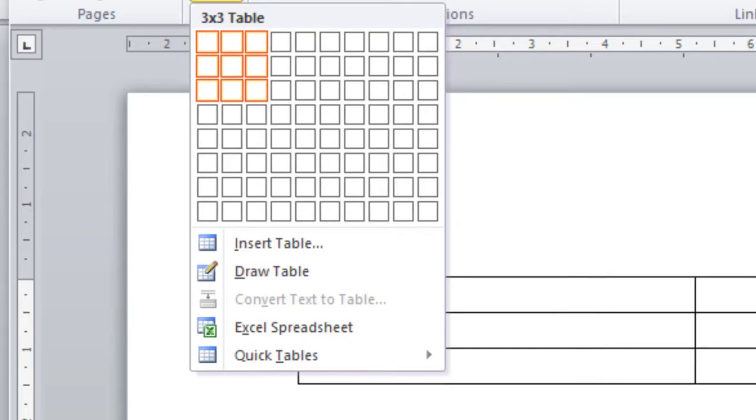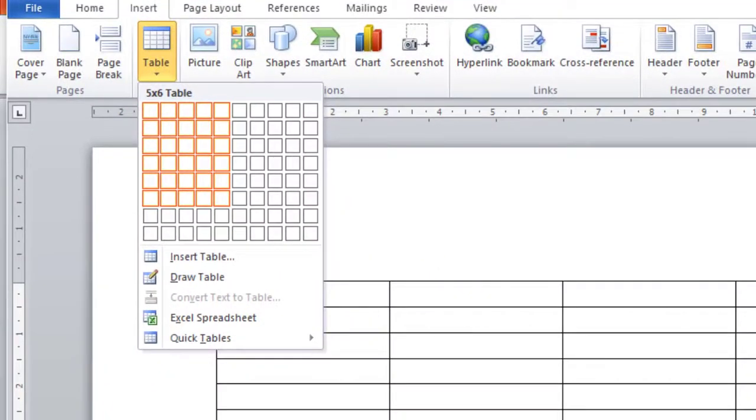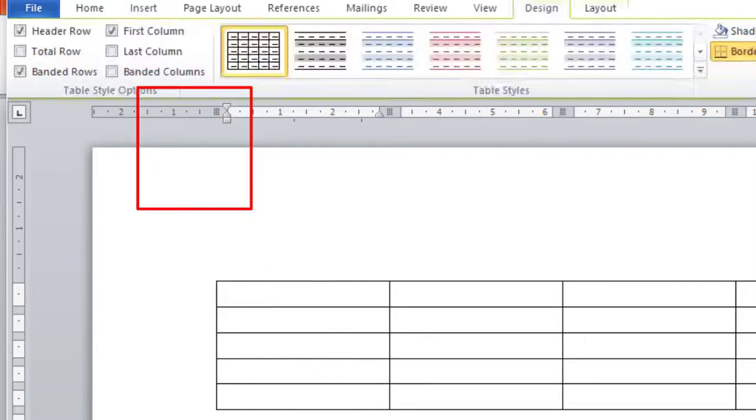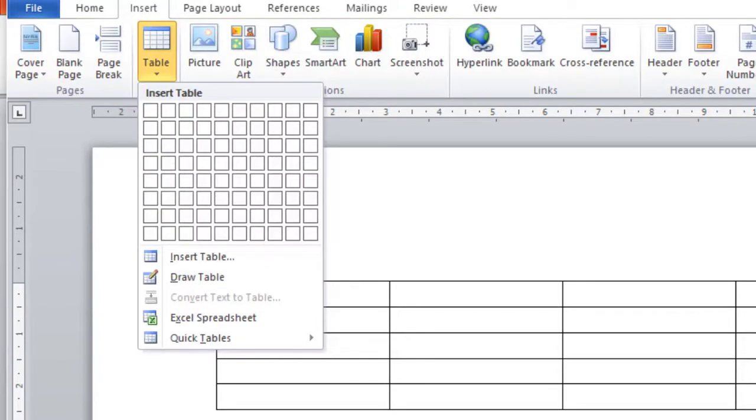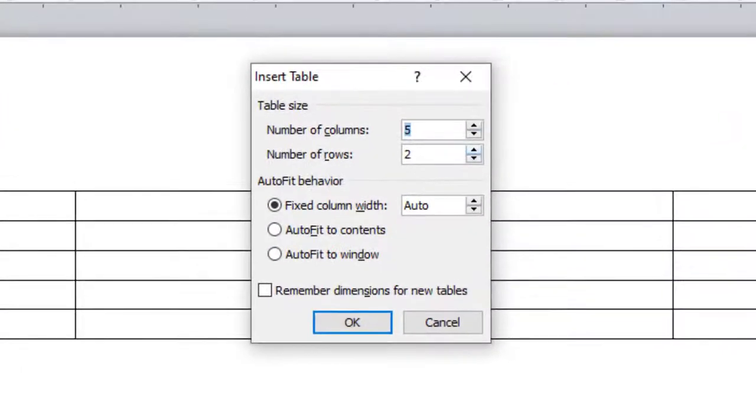In the first option, you can insert the table with defined rows and columns. For example, if I want to insert 5 by 5, meaning 5 rows and 5 columns, then select this option. There is also one more method to insert a table. You can click on the Insert Table command, then choose the number of columns you require in a table and the number of rows required in the given table, and then click on the OK button. So it will insert the table.